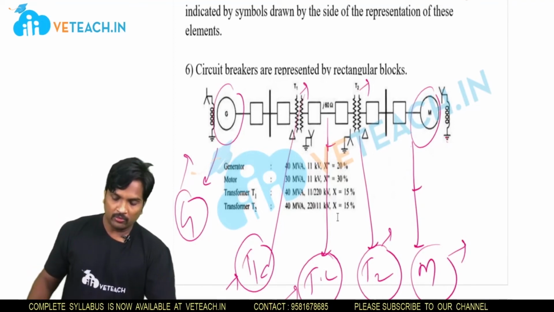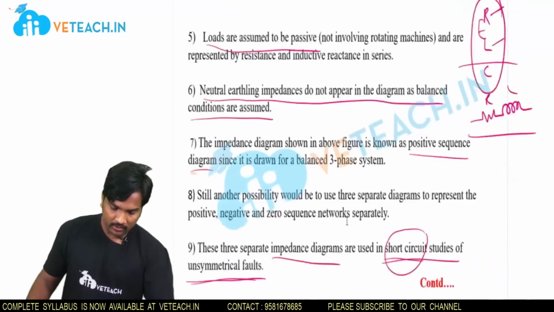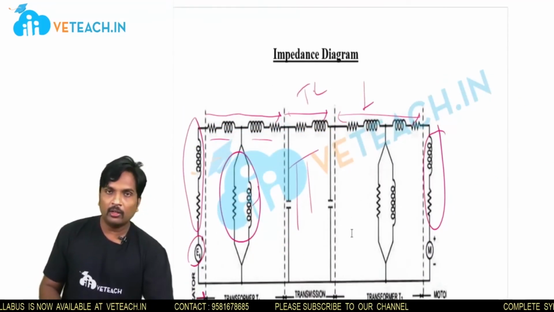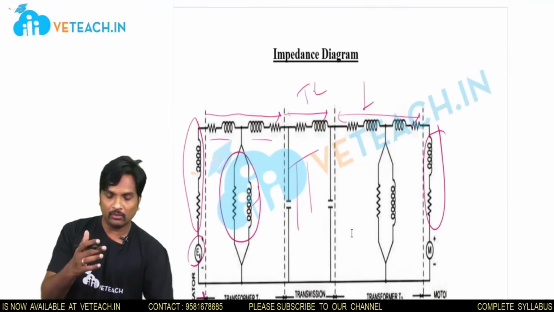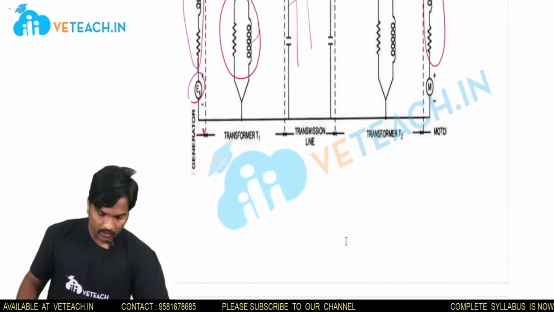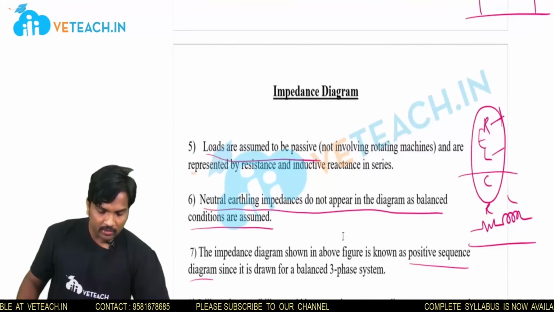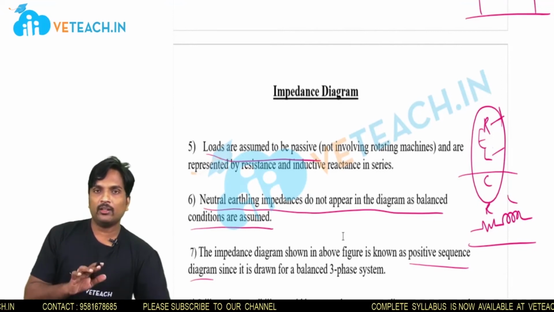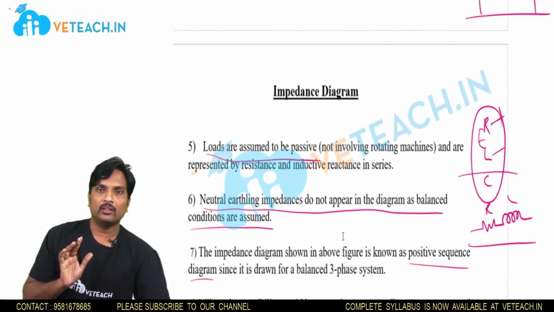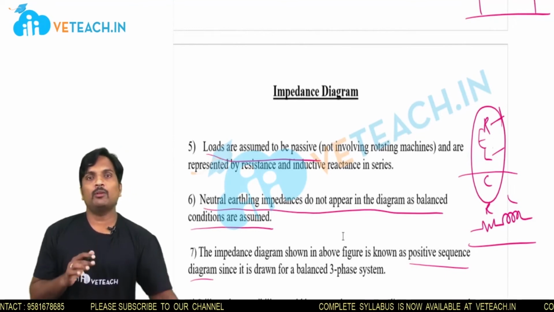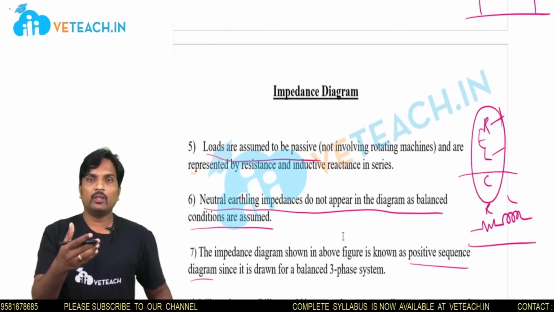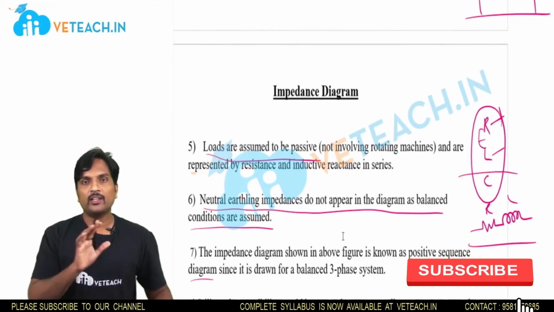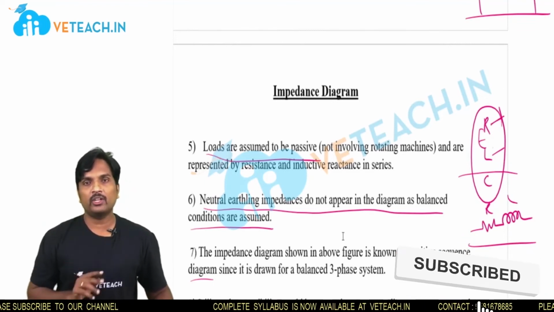Okay, this is the impedance diagram which we have drawn taking the reference as the single line diagram which I explained earlier. One more point here is that the impedance diagram is also an important topic. If they ask a question from impedance diagram, definitely it will be for 6 marks. For short answer questions there will be a question from per unit, but in the long answer theory questions, definitely the question will be from impedance diagrams or single line diagrams or reactance diagrams.